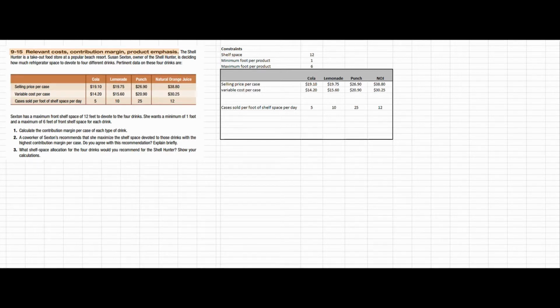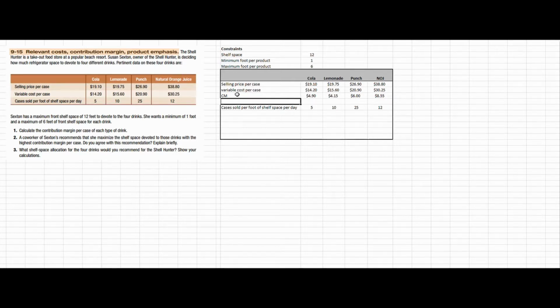Well, the problem would be we would be leaving out relevant information. For example, the variable cost of each one of these products is relevant. Likewise, the demand that each one of these products makes upon our scarce resource is relevant. Okay, so if we've determined that the sales price and the variable cost are both relevant, we can summarize those by calculating the contribution margin for each one of our products. And if we were to look at the contribution margin for each one of these products and make some decision based upon that, again, that would possibly lead to erroneous decision making